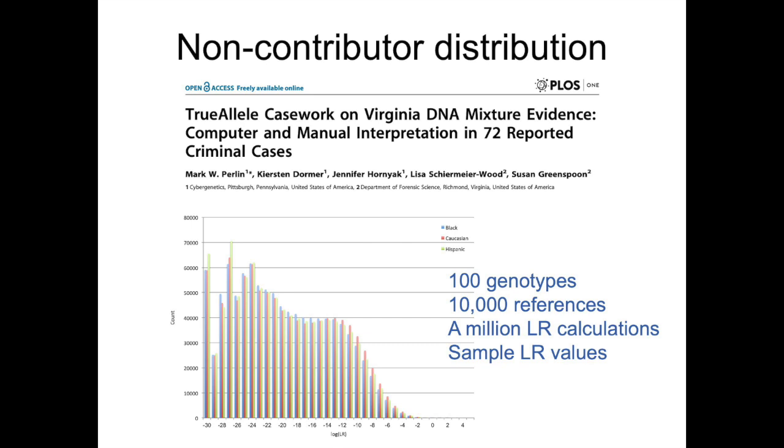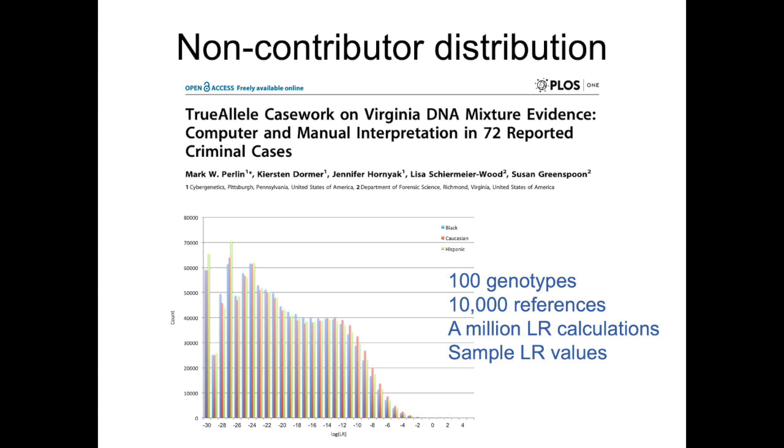So we have easy cases, hard cases. We have genotypes that are 5% of a mixture, others that are 95%, everything in between. Very representative. And what we see is a distribution of exclusionary statistics. So what we did is we compared those 100 genotypes from evidence with 10,000 references that were randomly generated. That is, they're not part of this evidence. And we got 1 million LR calculations, and we sampled 1 million log LR values and plotted them in a